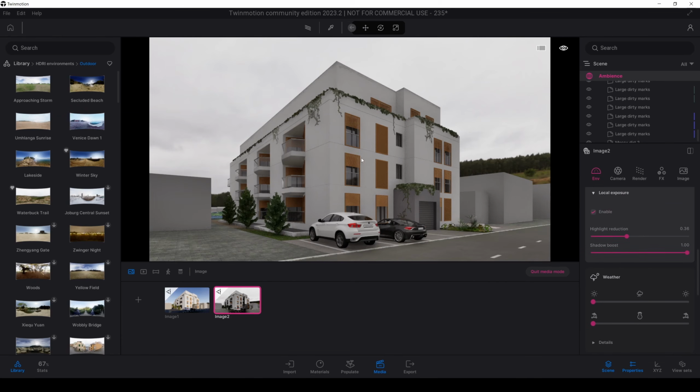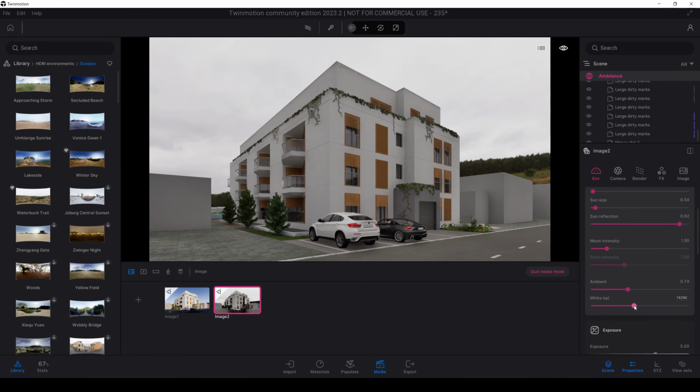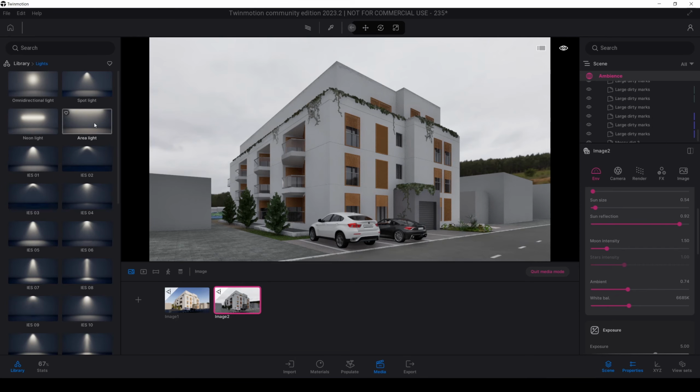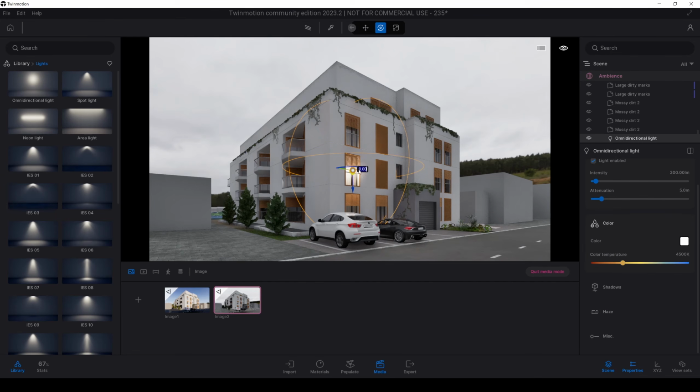It's still a warm scene. If you want it colder, you can change this white balance too. I suggest you make it colder because we will add some warm lights and make the balance. For instance, here, let's go to library, lights, Omnilight. Let's just drag and drop here and push it inside. Change the color temperature to 4000.